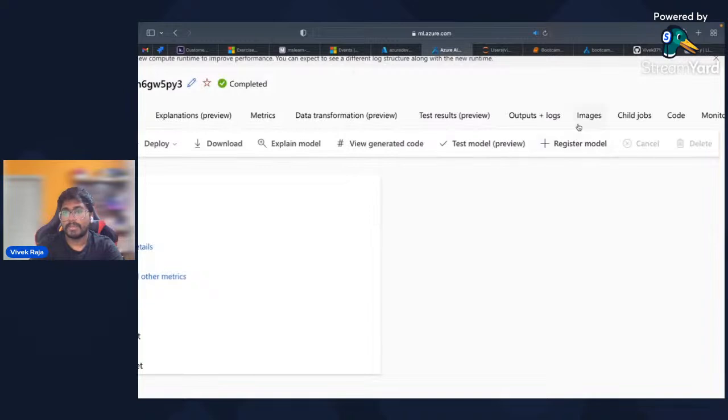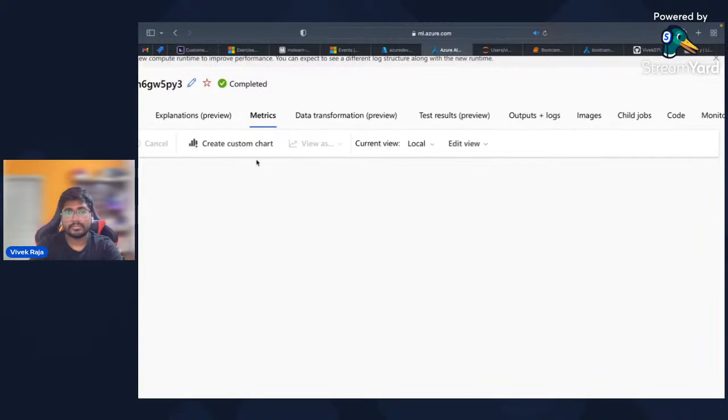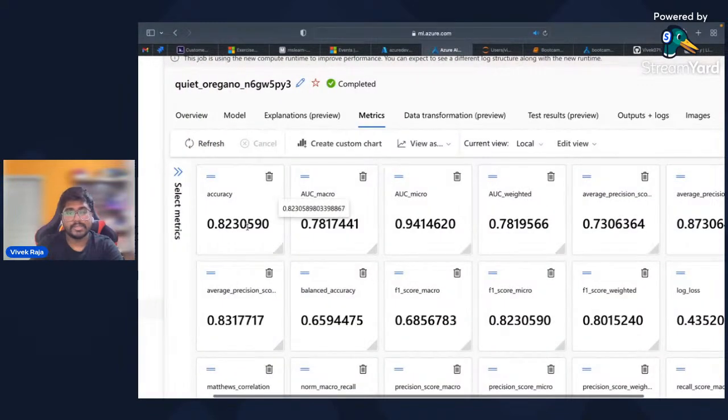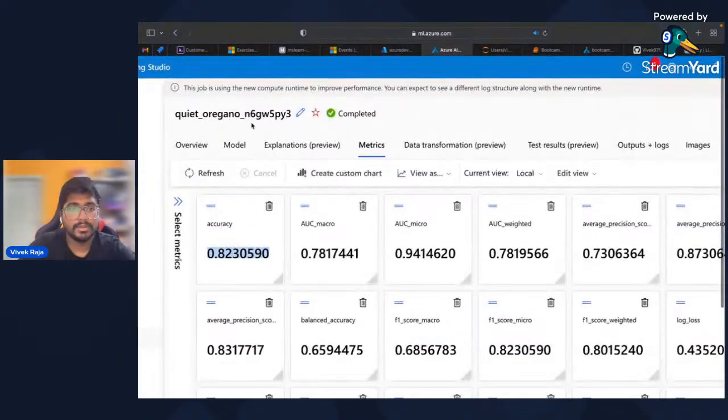So now let's go and compare that with our existing metrics, what we got. Your training metrics: accuracy is 0.82 and so on. Let's go and see what our accuracy was back there.